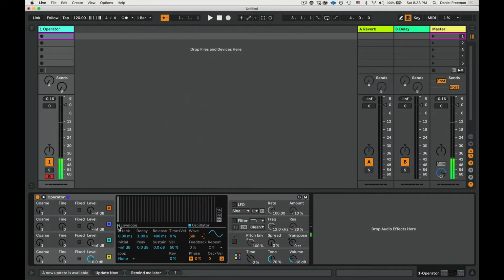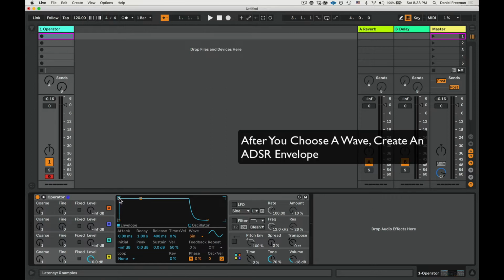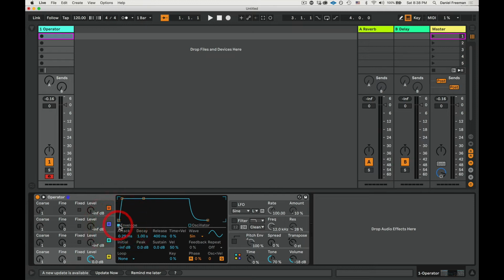Now, the second thing we're going to do is set up an ADSR envelope. So in this case, I just hit envelope, and then I can draw an ADSR, which is the sound of a pad. Okay, and now I'm going to go to the second oscillator, oscillator B. The secret with programming an FM synth is basically you want to